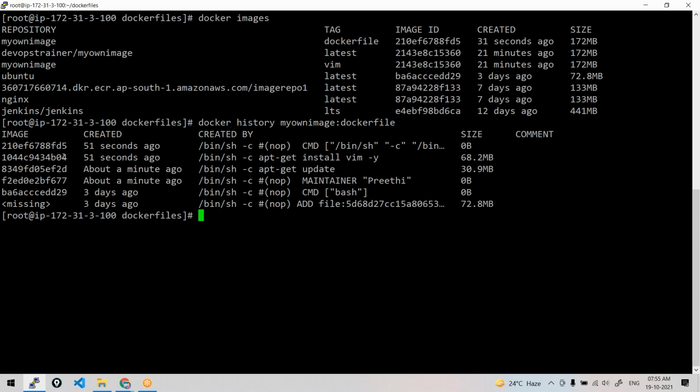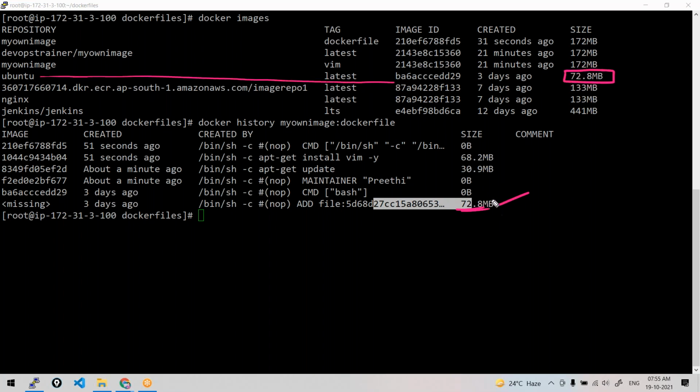See, these are all the file system layers. See here. This is the base image Ubuntu. See here, this is the base image, 72 MB, my Ubuntu. See the size of this, right? So I took this base image. Above that I have added something like maintainer name and all. Then apt-get update, apt-get install, added these layers. Total made it 172 MB. That's how you get the size of your image.